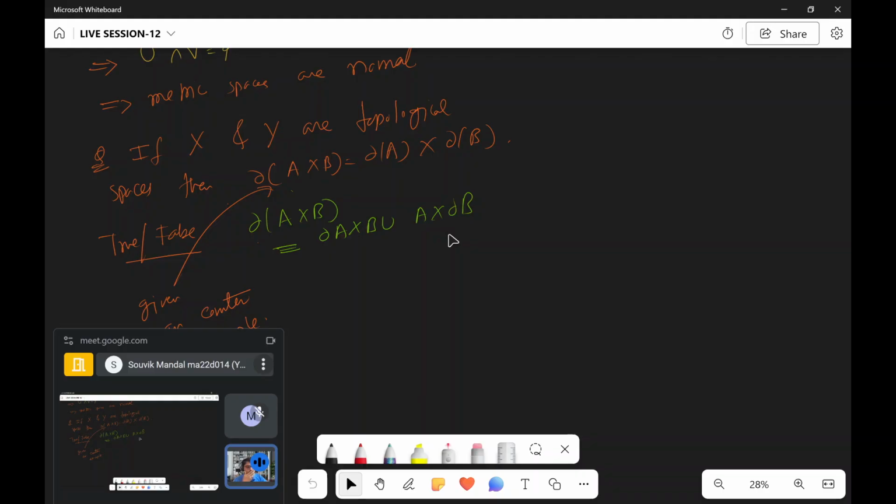So first, let me explain. What is the definition of the boundary of A? The boundary of A is not necessarily a subset of A. The boundary of A contains those elements of capital X